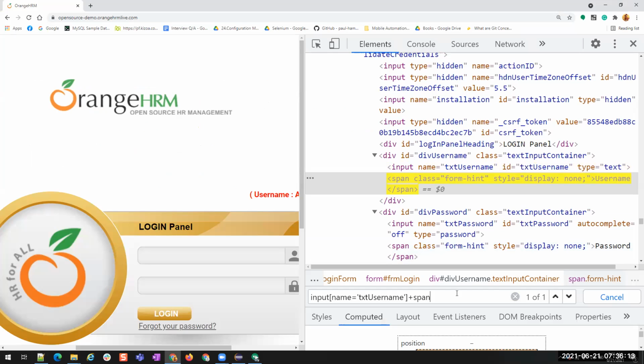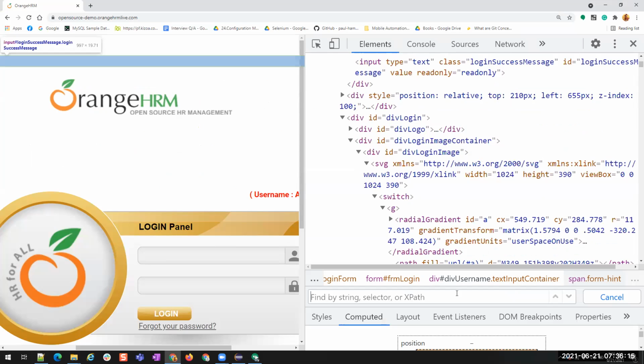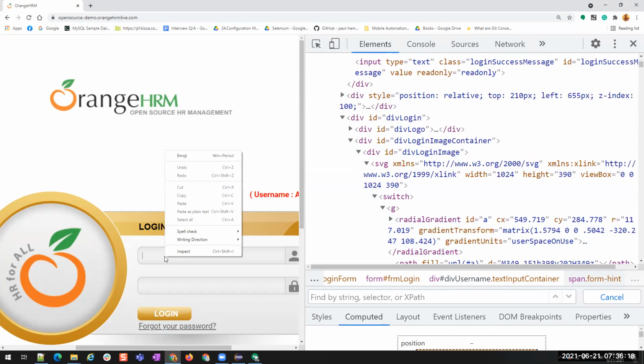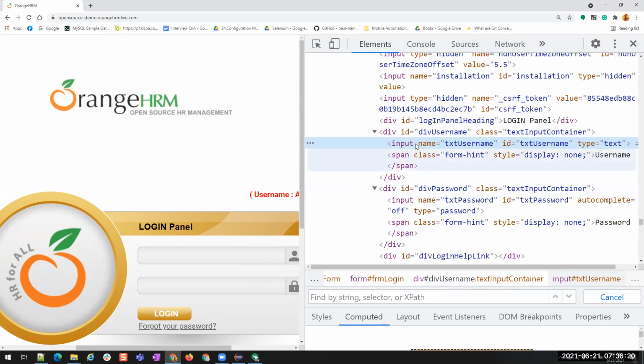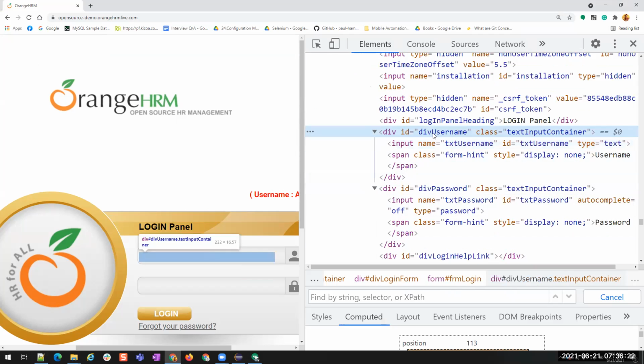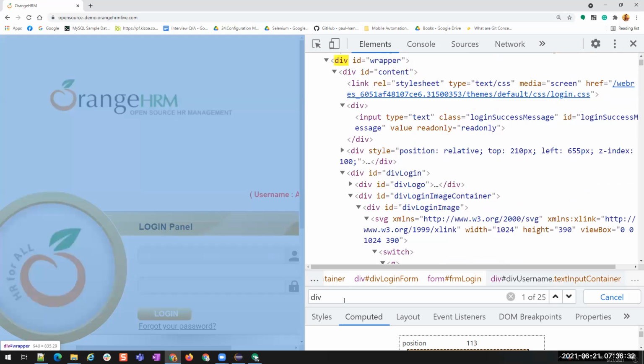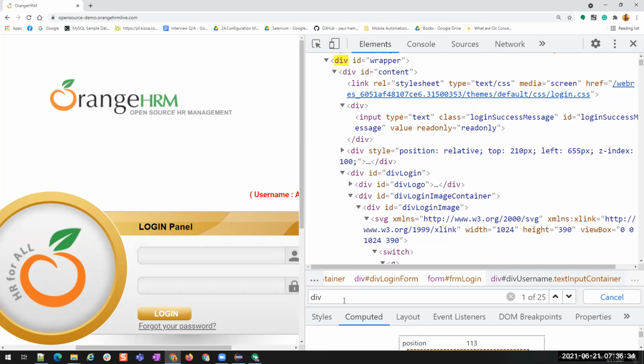Okay. Now instead of this input box, I'll find this division. It has ID and it also has class. Now, to find this div using its ID, what should I do using CSS? Div. If it's ID, then we use hashtag and then what is the value?